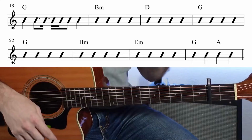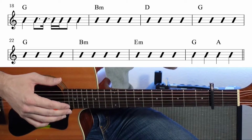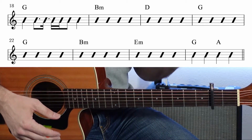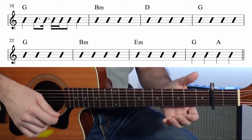But let's take a look at the chords, because you probably noticed that we haven't used B minor or E minor yet, and now's the time to get those chords to be played. Here it is, an 8-bar phrase. Again, an 8-bar phrase, and we basically repeat a lot of things here. First and second measure are the same as fifth and sixth. So we start with a full measure of G major,